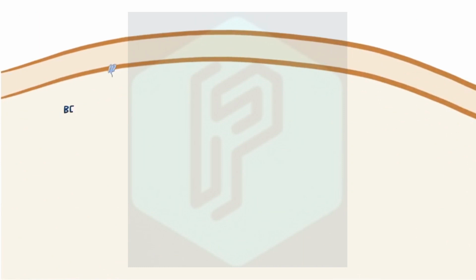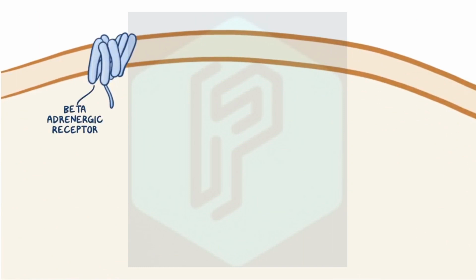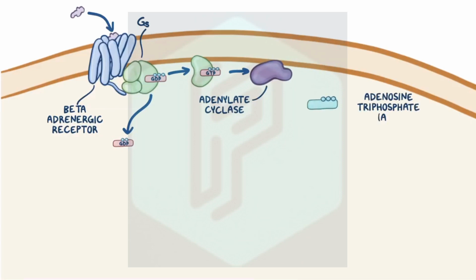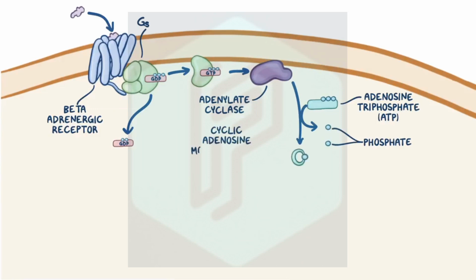Now, when all 3 of the beta-adrenergic receptors bind a catecholamine, the receptor also changes its shape. But this time, the beta receptors are coupled to the protein GS, which stimulates an enzyme that is known as adenylate cyclase. Activated adenylate cyclase takes adenosine triphosphate, or ATP, and removes 2 phosphate molecules, transforming it into cyclic adenosine